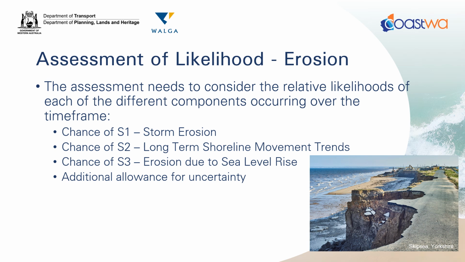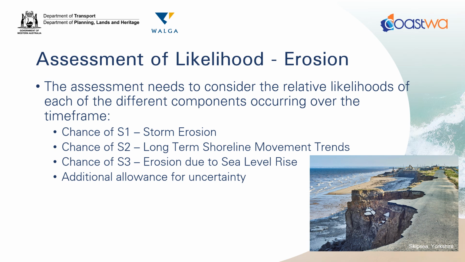We need to consider the chance of S3 occurring within our planning horizon. So there's two factors to that. There's the actual sea level rise itself, and then there's the Bruun rule application of the sea level rise that's required within the policy. So those three things in particular will have different probabilities of occurrence, and